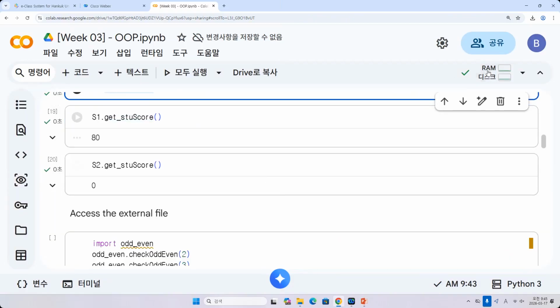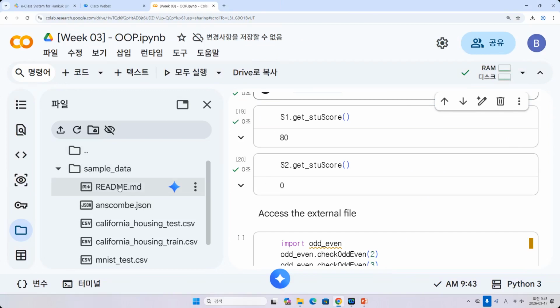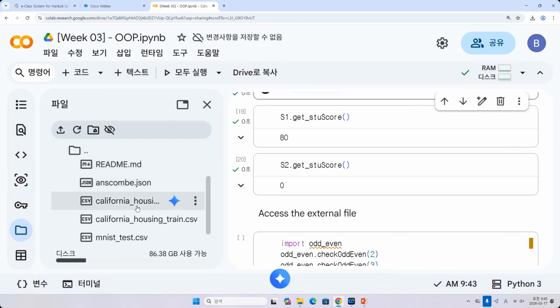In the Google Colab, you can input the file. If you look at the left section here, there is a kind of document button. So we can click on this document button. Those parts are files related